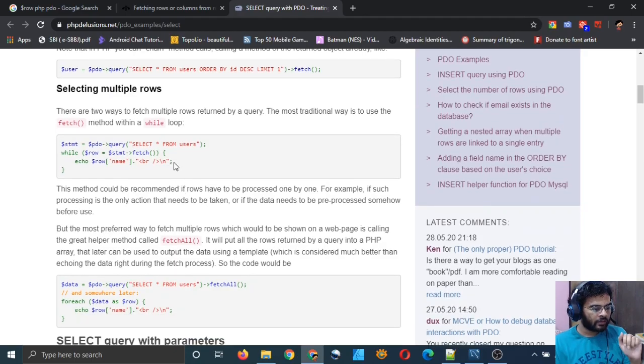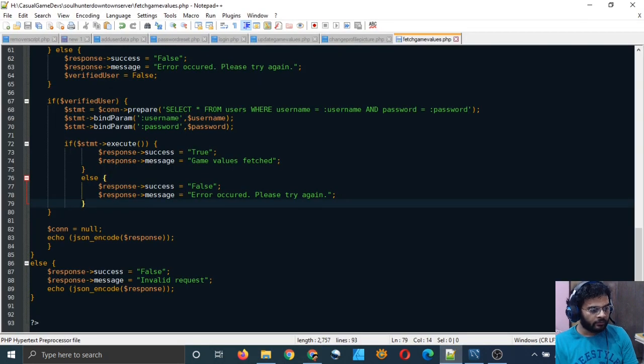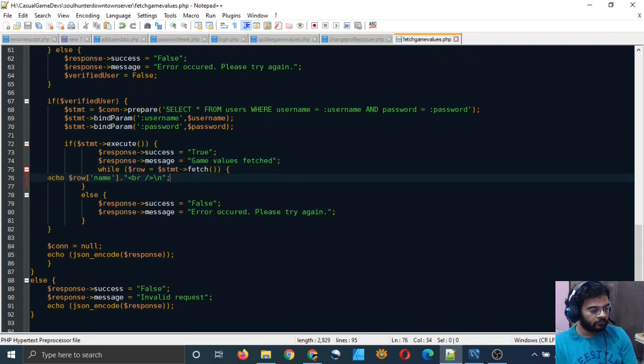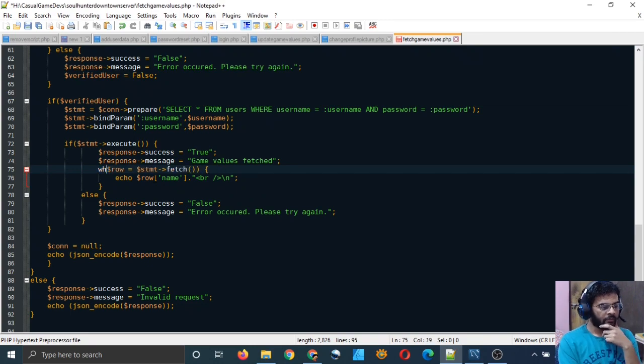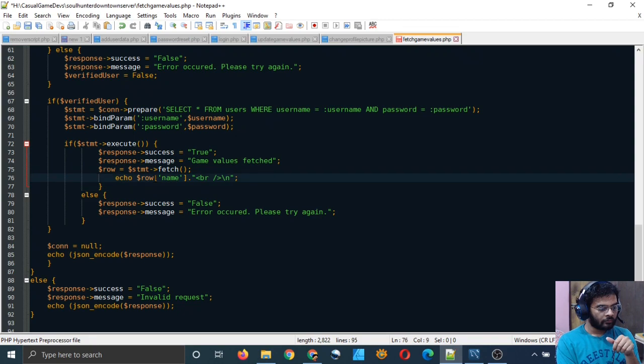Yeah, there it is. This is a simpler method. I will just copy that, and here where I have successfully executed the statement, I will put this. You don't have to put the while statement, because we are only going to fetch one row. Right? And so I think that should work.